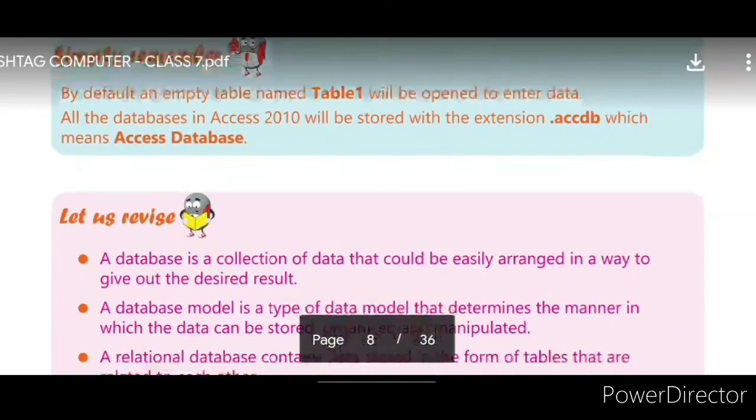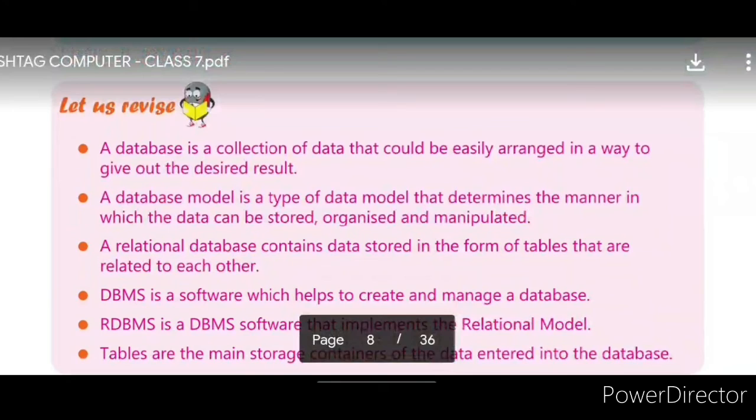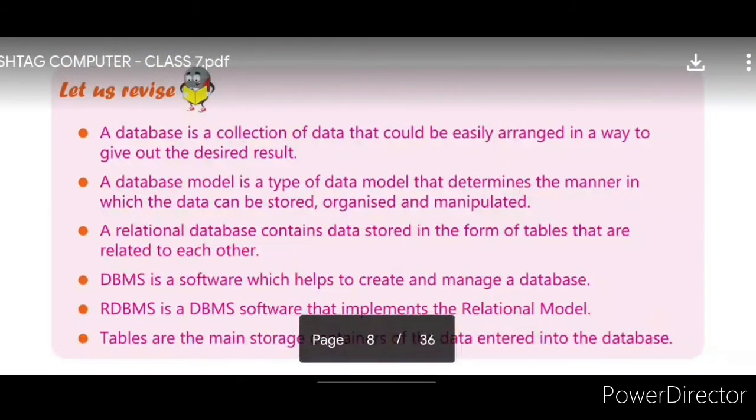Let us revise this whole chapter. What we have learnt in this lesson: MS Access is a relational database management software. What is a database? It's a collection of data arranged in a way to give the desired result. What is a database model?